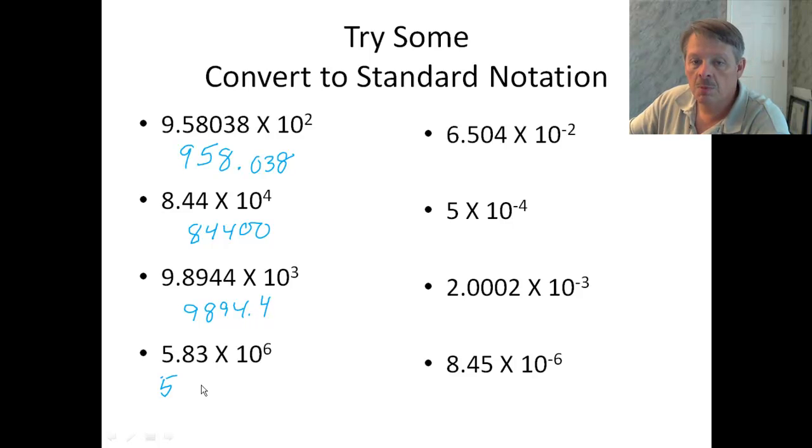Now we got to make up a bunch of stuff here, 830000. All right. Now all of these exponents over here are all negative, right? So we're going to have to be moving the decimal point to the left on this one. So this is going to be